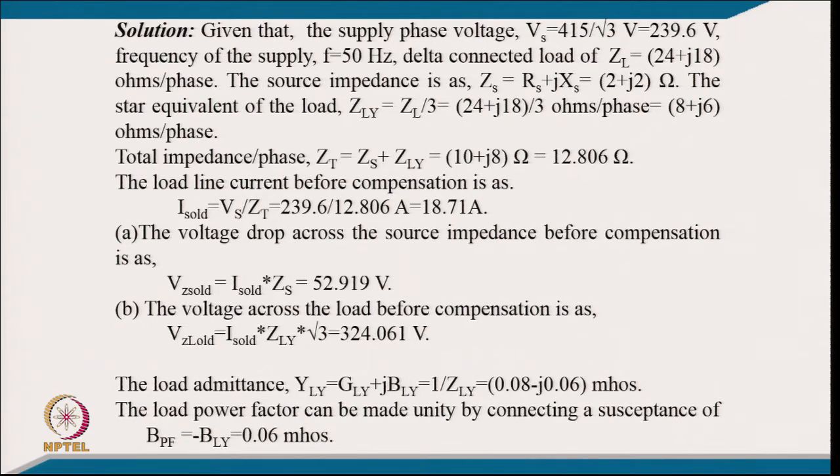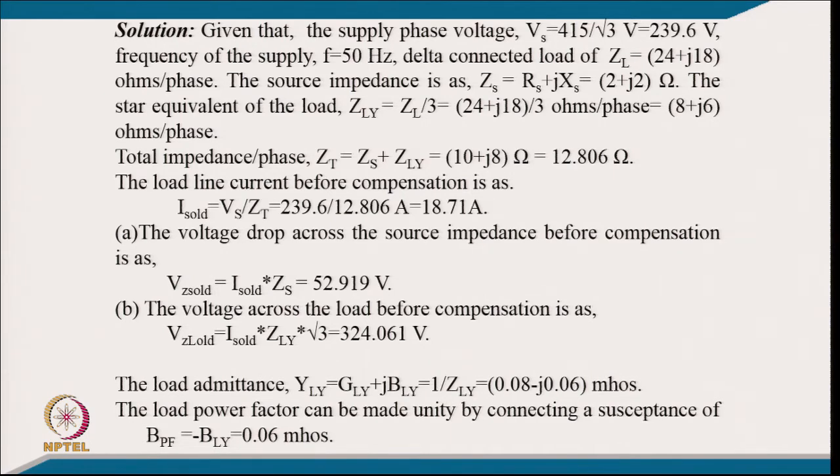So, it comes to 324.06 in place of 415. You can call it that now, because it is a lagging power factor load and you have a reasonable source impedance or feeder impedance, and that is the reason this voltage reduces from 415 to 324.061 volt. So, now we can convert the load admittance per phase, I mean as a load conductance,